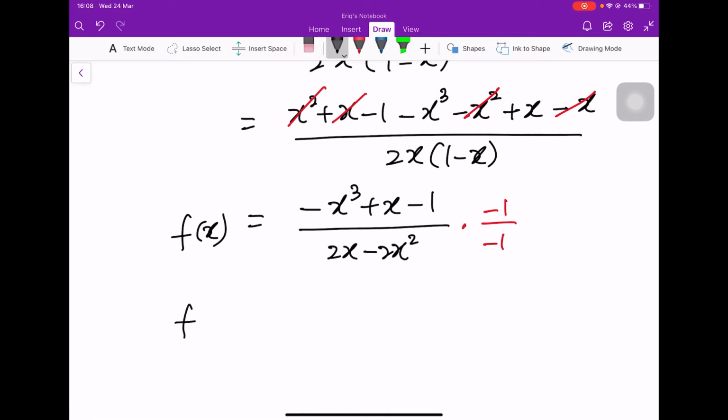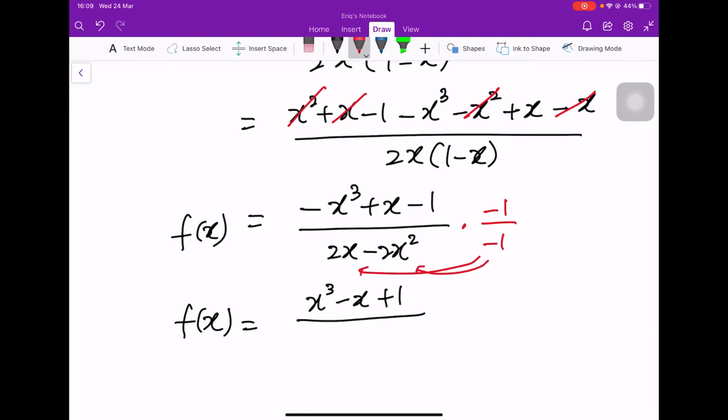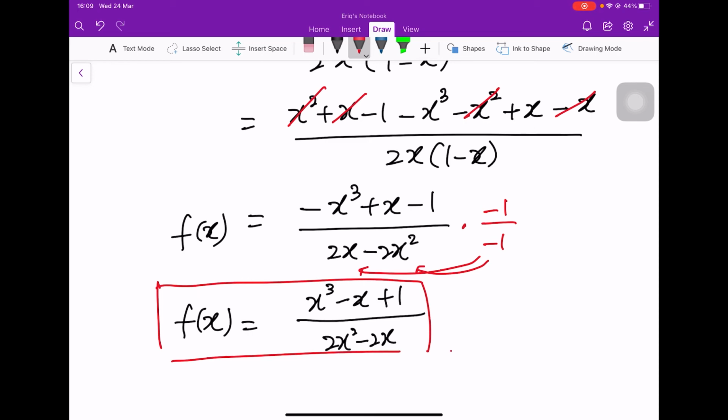So it will just be x cubed minus x, then plus 1, over, okay, you distribute this to both terms. So 2x cubed, 2x squared will now be positive. You write it in front, then minus 2x. Yep, I think it looks nicer, isn't it? So this is the answer